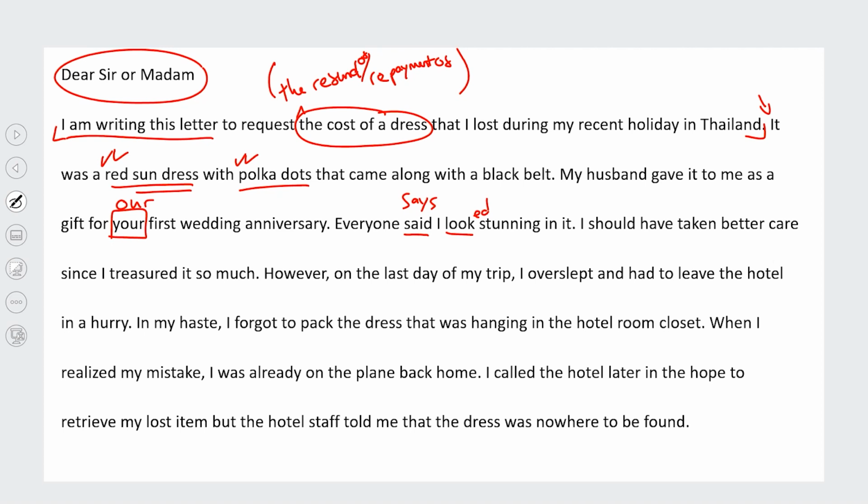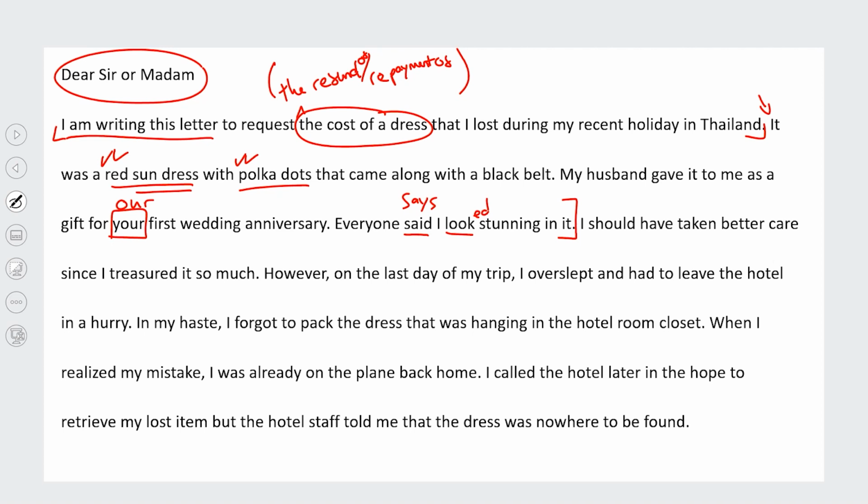Okay, so I know this is where I sort of have a little bit of an issue with the question. You're writing to your travel insurance, and they're asking you to describe the item you lost. So what this candidate has done is they've taken that very literally and given a literal description of what the